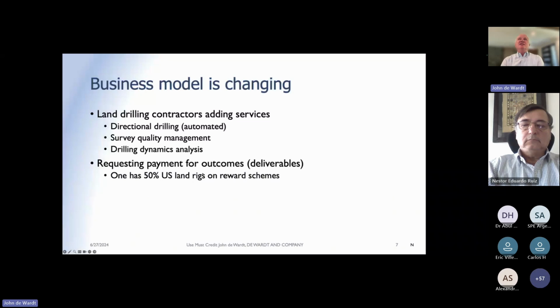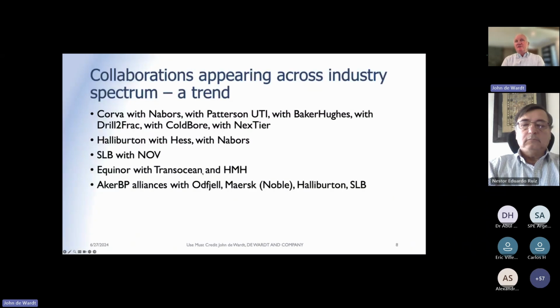And collaborations are appearing across the industry. I would tell you that this has now become a trend, and it's moving rapidly, and it's becoming very intricate. So what we can see is Corva, which was a startup company from, I'm going to guess, 7 years ago, and is a software as a service company, has collaborations with Nabors, a drilling contractor, with Patterson-UTI, another drilling contractor, with Baker Hughes, a service company, and then with 3 companies in the fracking side of the business, Drill2Frac,